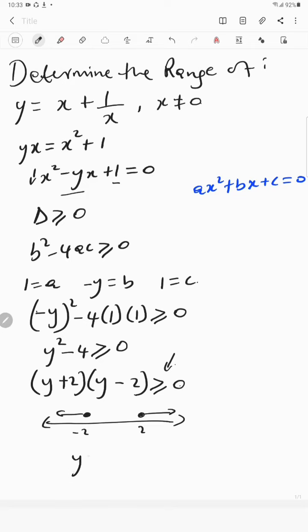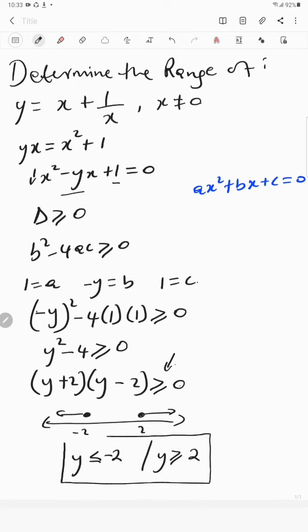Now your interval is going to be y is less or equal to negative 2, or y is greater or equal to 2. So this is the range of your function. Hence we said the range are all y values where the graph is defined. So our graph is defined before negative 2 or after positive 2. So this is the idea of